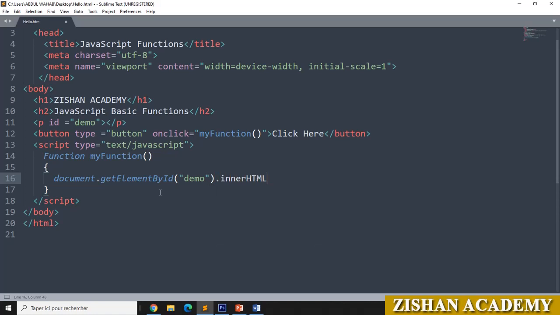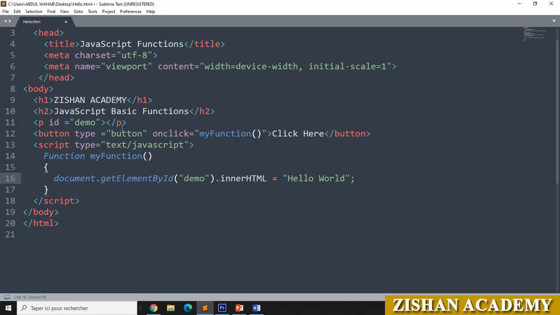HTML should be capital. Equal to, we will give the content now. Just give it in double quotes. Here I am giving hello world. You can give whatever you want. Then go for semicolon.